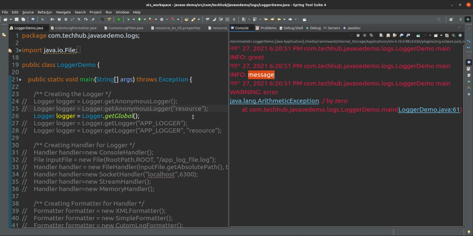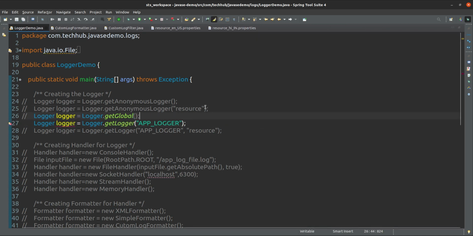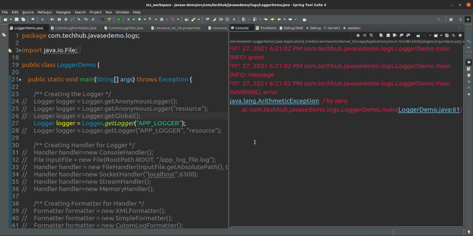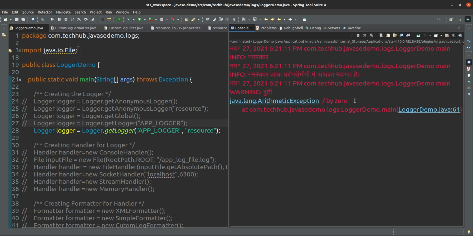This is the logger with the name we are printing. Yes, we can print with a name also, no issue. And a logger with the name plus resource bundle. Again this is the resource bundle, and this is the logger.